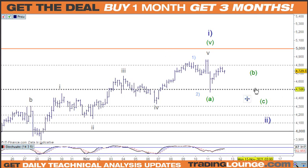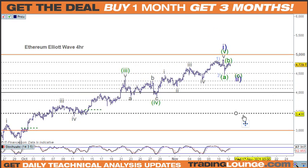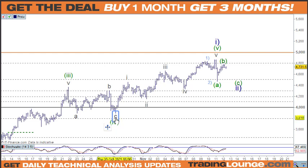So in this case, it would be logical to put the B wave here. I mean, it looks like it wants to continue up, doesn't it? But at the same time, it doesn't have to move with Bitcoin, and it could move up. I mean, this trend here, as I've mentioned before, we've got the A, the B, and the C here, and the C wave is good